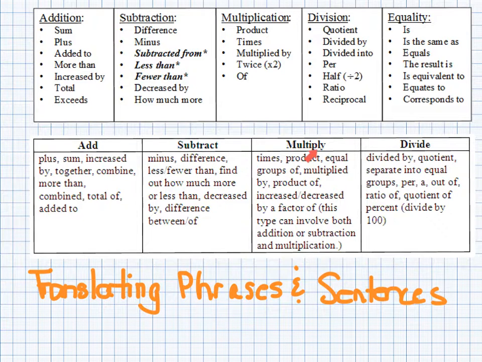Something that requires you to multiply. Over here, times, product, equal, groups of, multiplied by, product of, increased, decreased by factor of. And so this type of operation could involve both addition and subtraction and multiplication. And divide here: divided by, quotient, separate into equal groups, per, a, out of, ratio of, quotient of, percent, divide by 100. So these are all